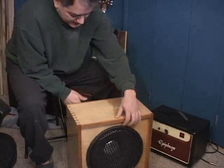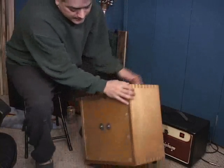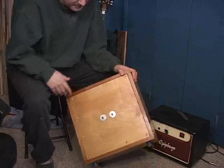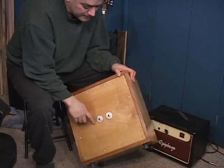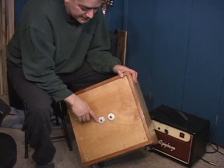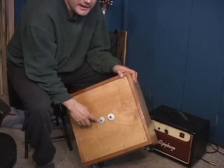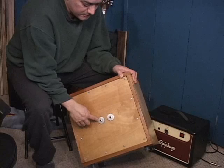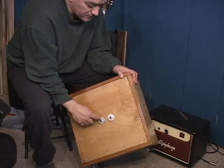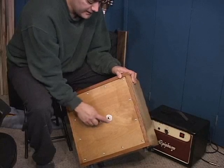Other feature on the back is these washer jack plates. This was just an idea that struck me, and I decided to go ahead and give it a go. What you do is drill out a large area, this is about 1.5 inches, for one of these fender washers, and drill that down about 1/16 of an inch into the wood, or a little more, and then come back and drill a 1-inch hole all the way through, and then you epoxy these washers right here